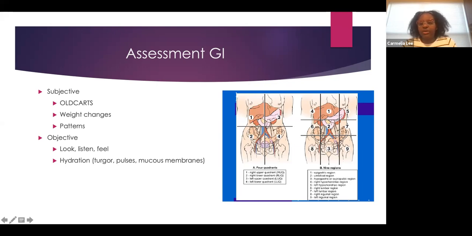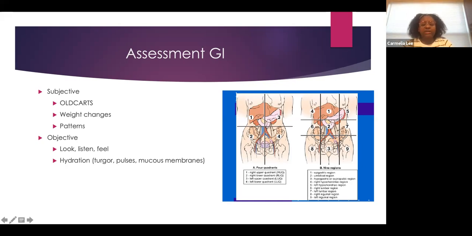Patterns. Also, is this something that's happening every 3 months? Is it happening only during school? Is it happening on weekends? So you want to identify if there's any patterns to GI issues. We always have to look, as some are emotionally triggered. After stressful incidents, they vomit or have diarrhea, or when it's time for a test. So you have to look at all the details around it. And again, assessing it, as you can see, that's a nice quadrant of the abdomen.